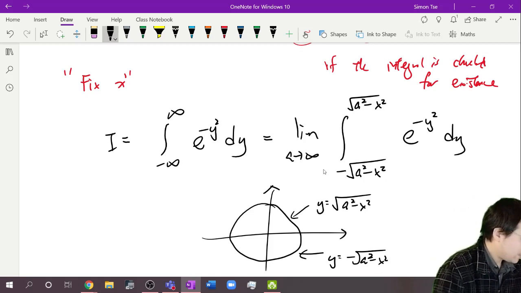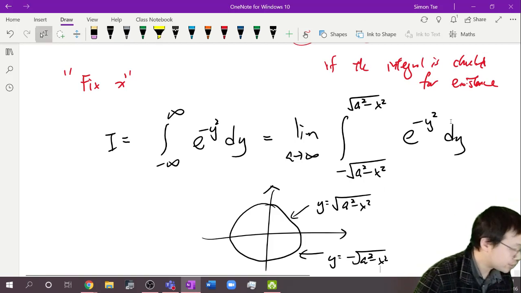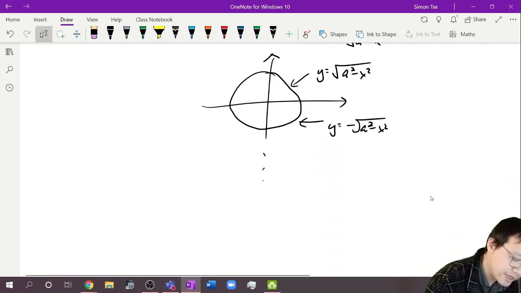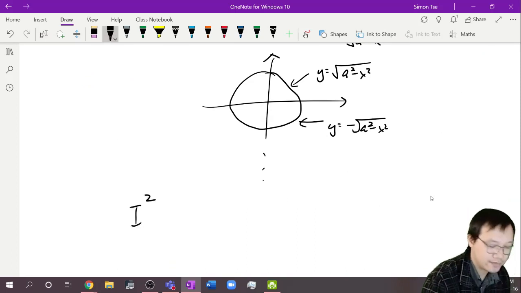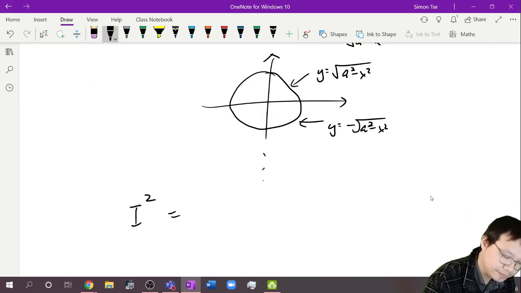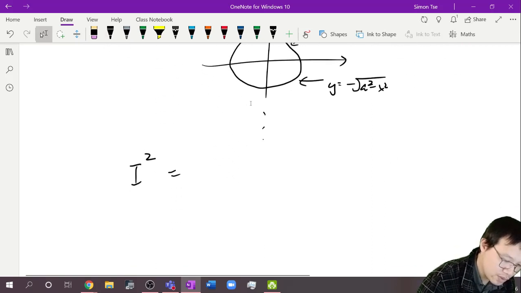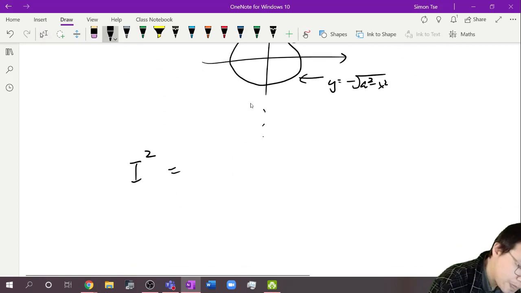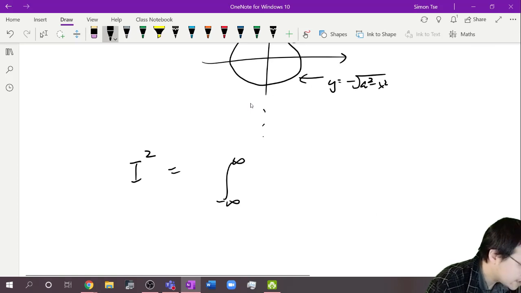So these are the upper and lower limits. And long story short, this is the justification of the improper integral. What we want to do is we do I squared. So instead of just doing a single integral, we make things harder, seemingly. So integrating from minus infinity to positive infinity, integrate this